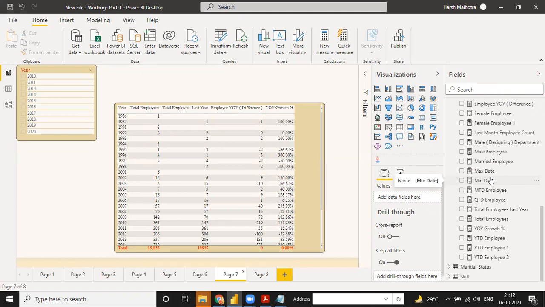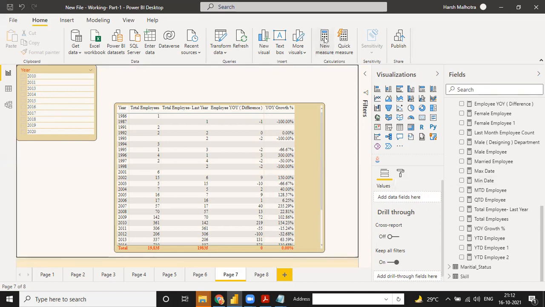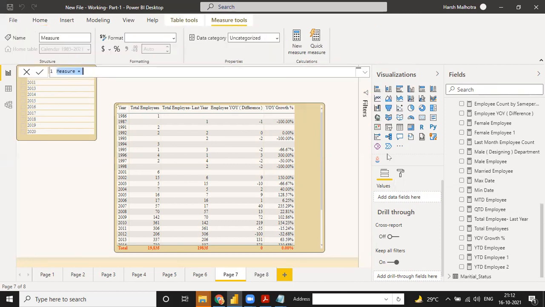Or I am just giving you one more example. Go to new measure. And guys, this function is not only for your HR data or any one kind of data. You can use it for any data: sales data, actual data, budget data, comparison data. This function will be the same, only the column name is different. Otherwise, all the things are the same. And right now, I am going to use a running total, running total of a particular period.